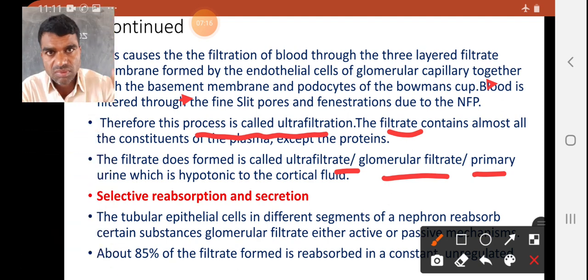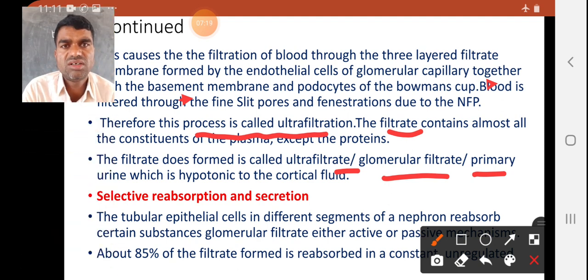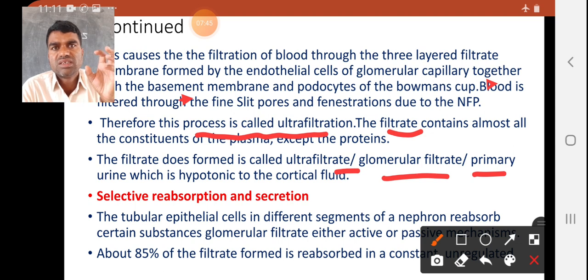Next one is selective reabsorption and secretion. From the PCT, the H2O molecules are now going into which limb? The descending limb, and from the descending limb through the ascending limb. Here it is called the loop of Henle. How much selective reabsorption are they doing? How many molecules are they reabsorbing from the PCT?